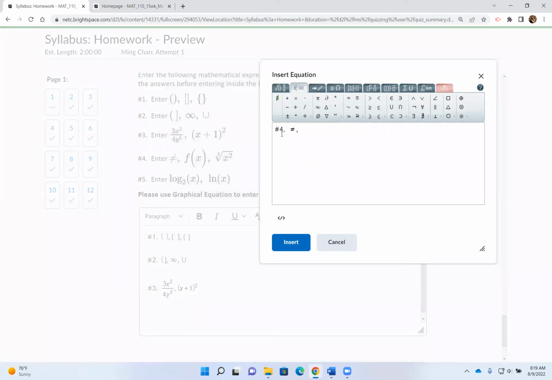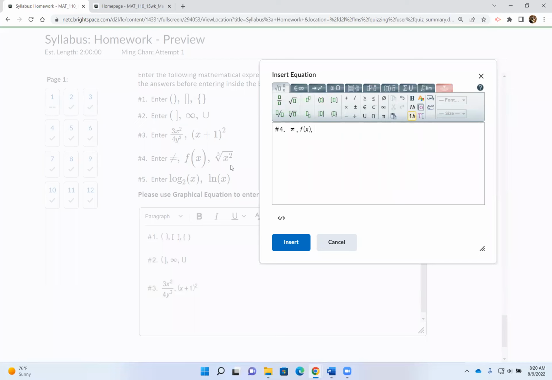Use the letter F on the keyboard. Don't use any other letters, because most other letters are actually not the right letter. So I'm just going to press the letter F on my keyboard. Go back to the first tab, open and close parenthesis, and just put an x in there. That's a regular letter x that I found on my keyboard, comma,